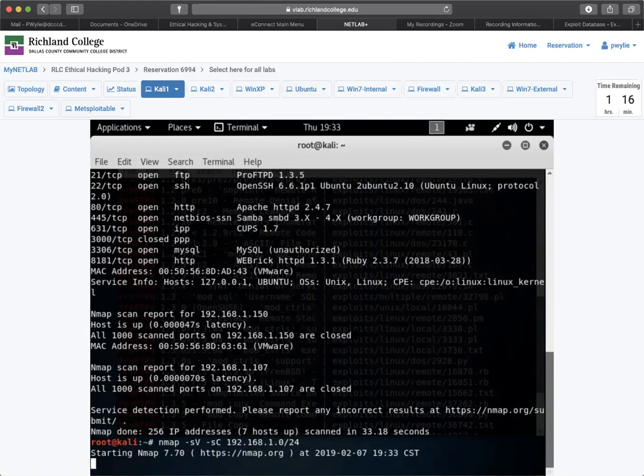And then you can get into more detail, because, say, if you're not scanning all 65K ports, there could be